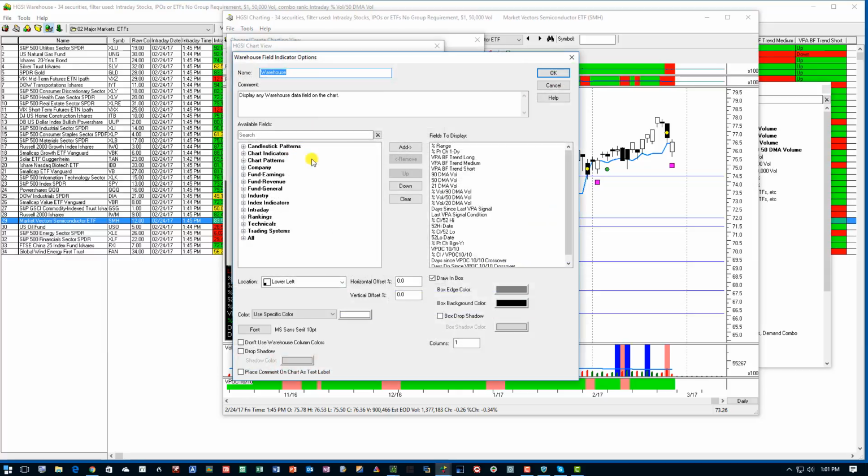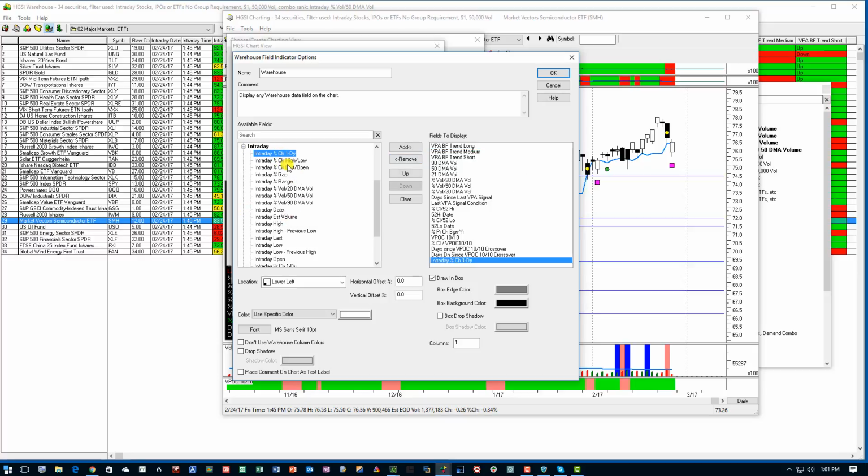So I'm going to edit it quickly, and rather than the end of day information over here, I'm going to replace some of that information with intraday. So all I have to do is go over here to intraday, percent change 1 day from the high to the low. Actually, I don't want that one. I want the change of the last divided by the open. I want to know the range, which is very important, or the intraday range, the percent volume to the 50-day moving average volume,